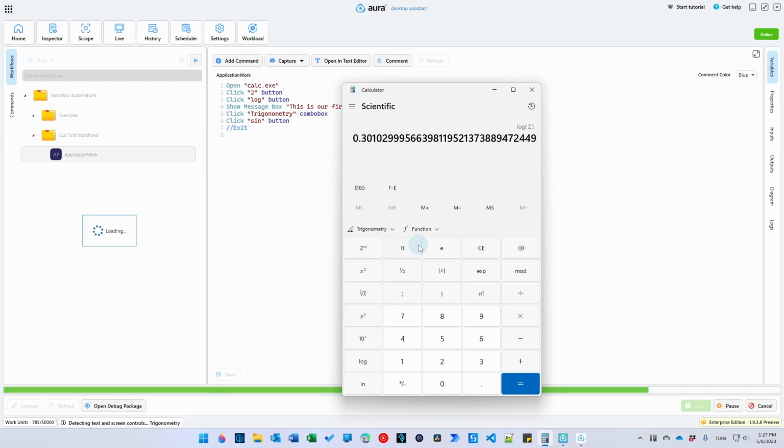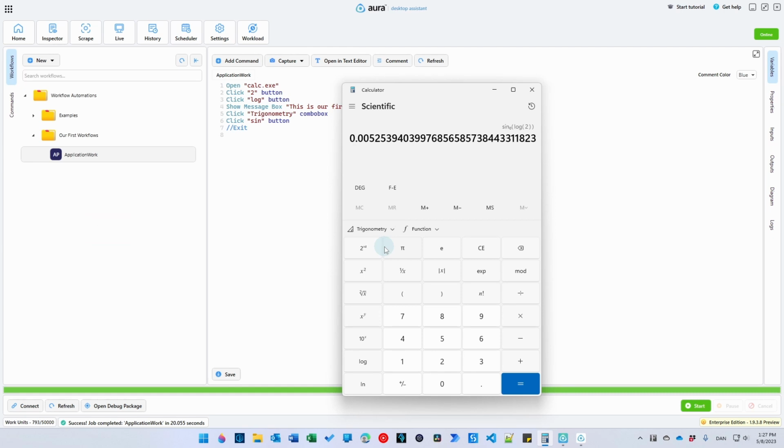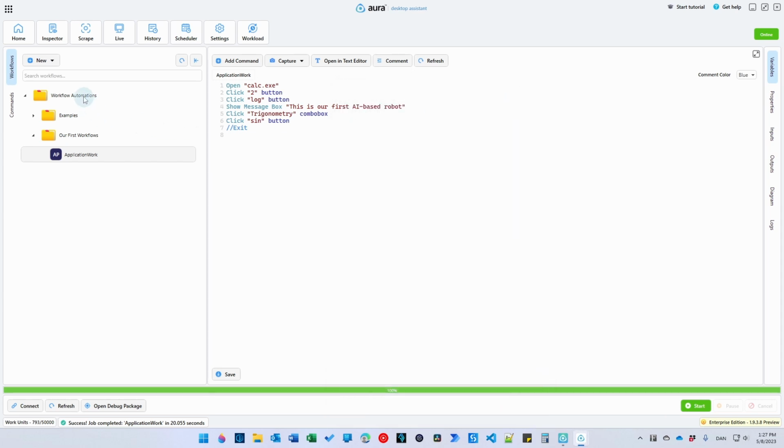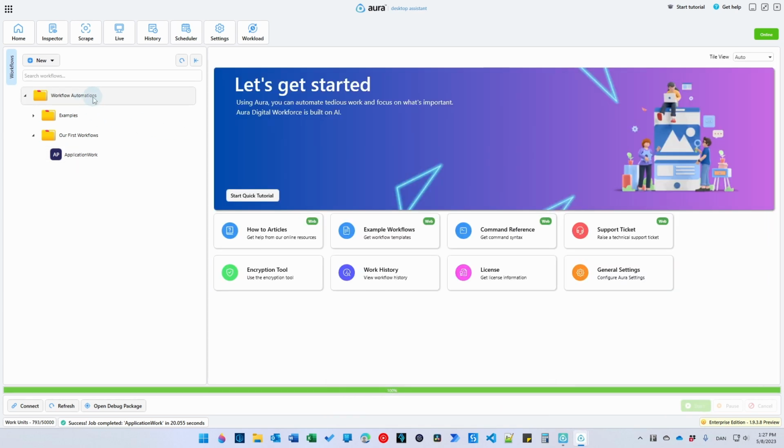This is, of course, not an example that you want to build realistically, but it shows the power of Aura. We can do literally everything with Aura, and it's so easy. I don't need to know any code. That's it. That's how easy that was. Let me close down this application. I can go up here to workflow automations again, and we are ready to create the next workflow, which is